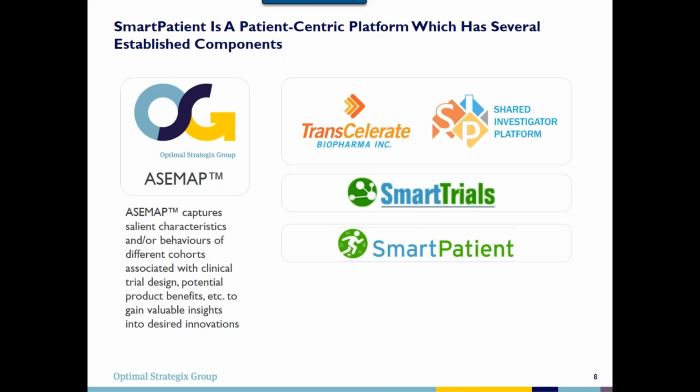Following on from the success of that platform, Smart Trials was developed, and that allowed, again, for the sharing of information. So it was a large electronic data platform that pulled the data across all those sites. However, it was recognised that there was something missing here. A very important part was missing,